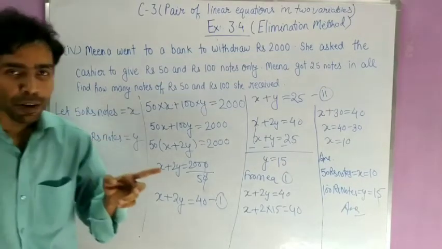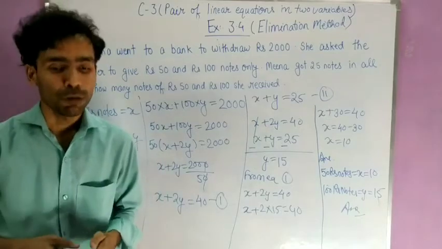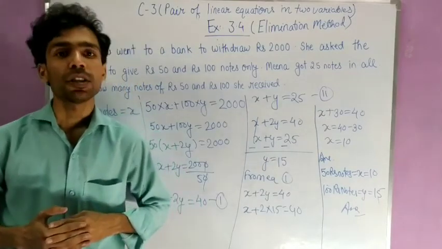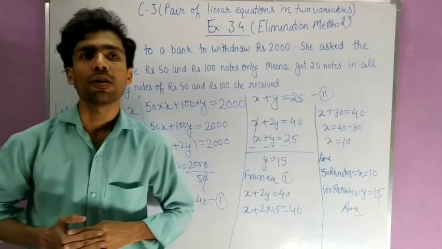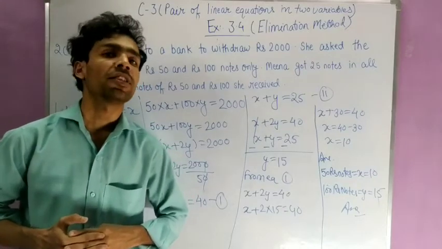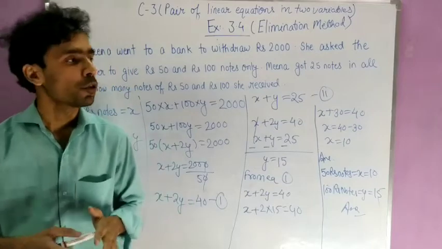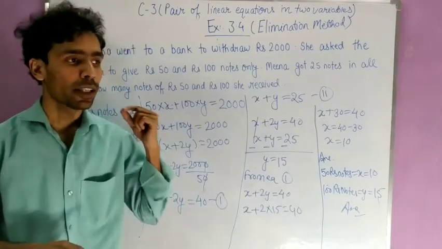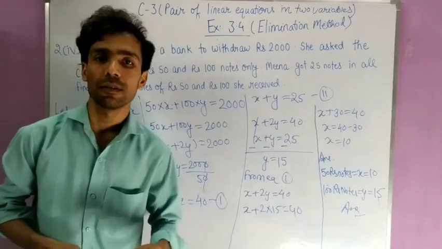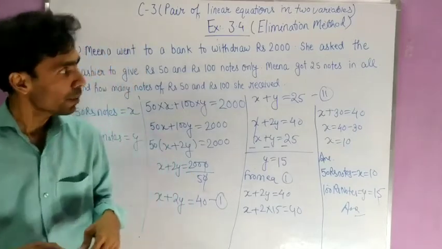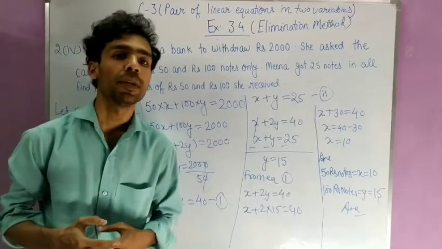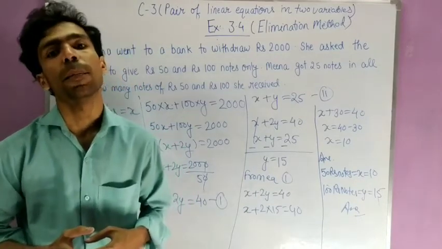Now student, one question is left, that is the fifth part, and it is a very simple question. It is the same as the question which I solved in exercise 3.3, where there is a fixed charge and an extra charge. Okay, so part 5 of question number 2 is very simple. So you will solve that question by yourself. Okay, so today we have finished exercise 3.4, which is based on the elimination method.